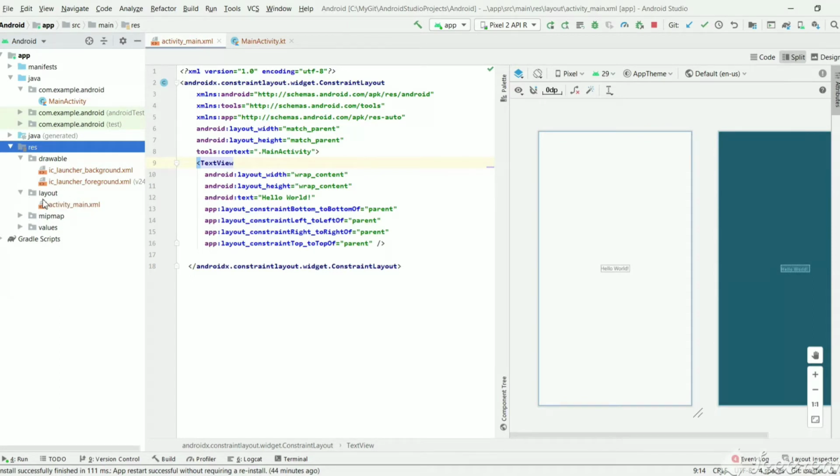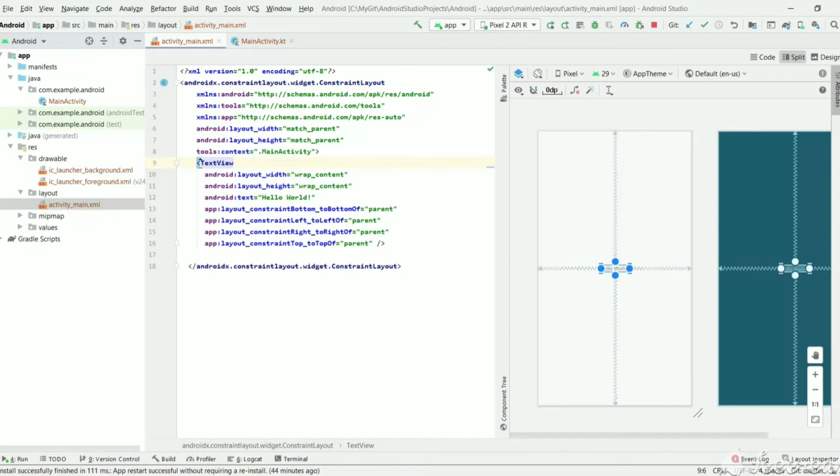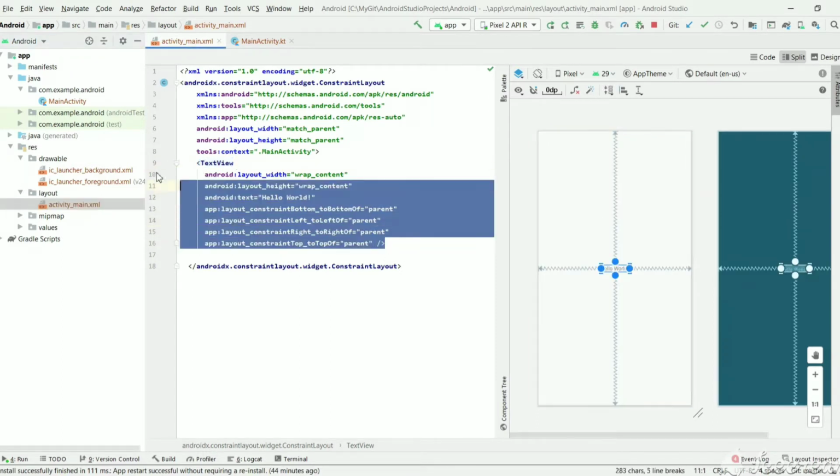And this is the layout directory where the main layout XML files are contained, and these XMLs we can link to the activity so that this UI will be seen by the user and he can interact with the elements present in the layout.